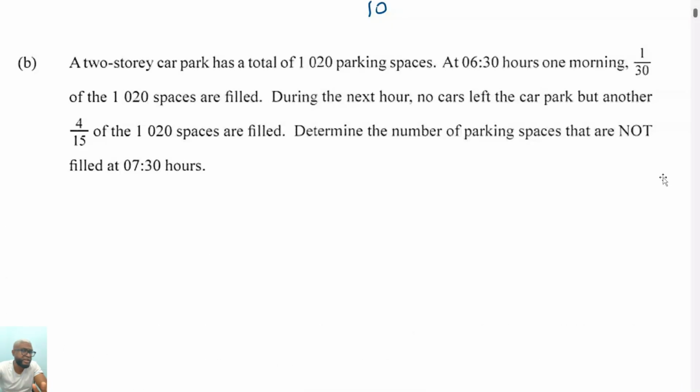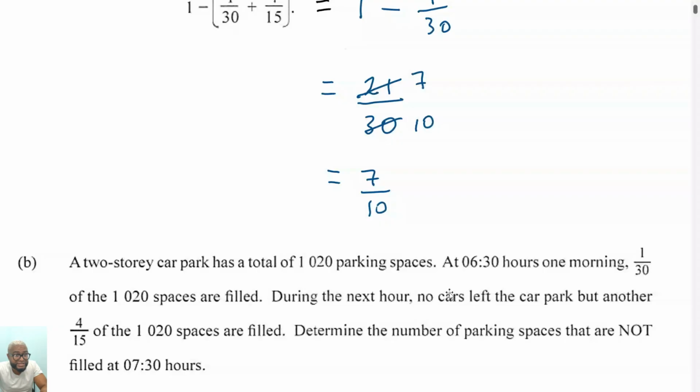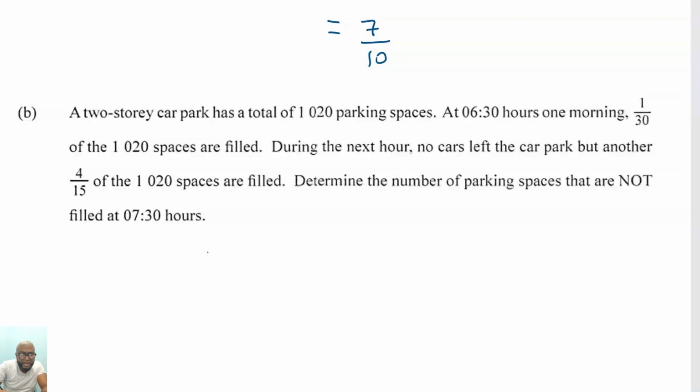0730 hours. So I want to say straight up, the time has nothing to do with this question. That 630 hours and that 730 hours have nothing to do with the question, right? At 6:30, 1/30 of the car park was filled, then no cars left, and then 4/15 of the car park was filled after, right? Now, did you all realize that the working above here is actually that same thing? To find out the car park spaces that are not filled will actually be, watch it, 1